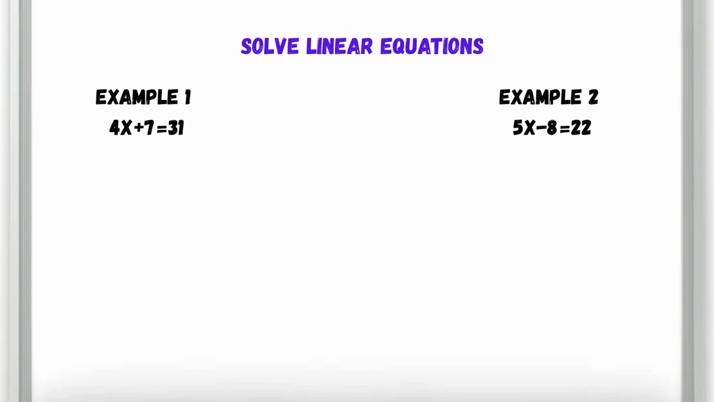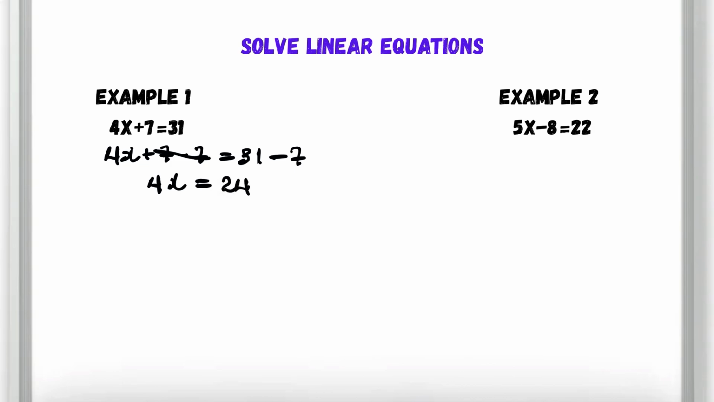First, we have to remove the 7, then we're going to divide by 4. We're going to remove the 7 by subtracting, so we're going to be doing the opposite operation. Because the 7 was positive here, we're going to subtract by 7 on both sides. Now, when we subtract, if we have 7 and we take 7, that will give us 0. So we're going to end up with 4x is equal to, when we take 7 from 31, we will get